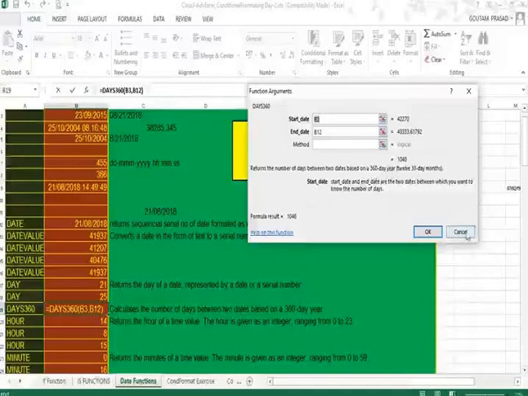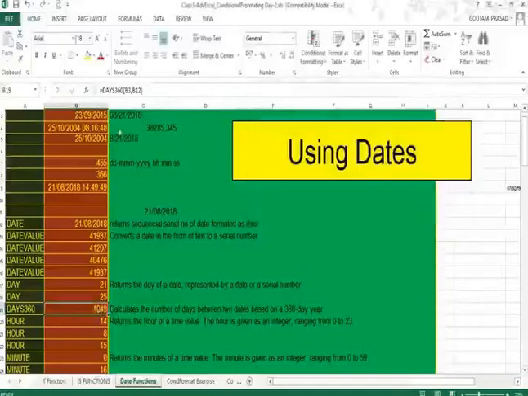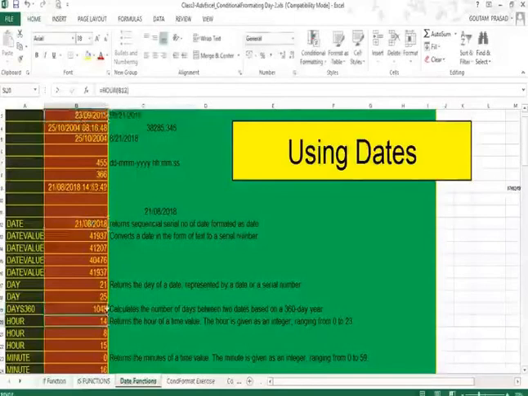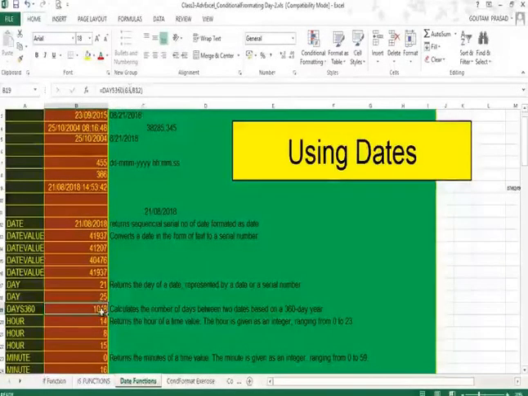That means if you enter two dates here, this is one date, this is another date. So in between these two dates, how many days are there? That is what DAYS360 basically tells you, considering there are 360 days in a year, not 365 days.